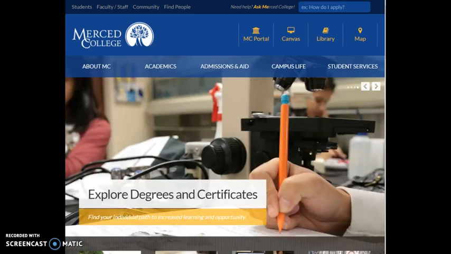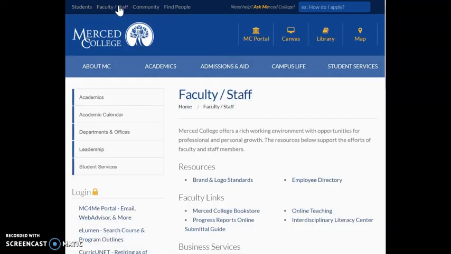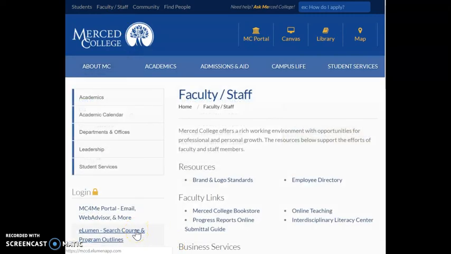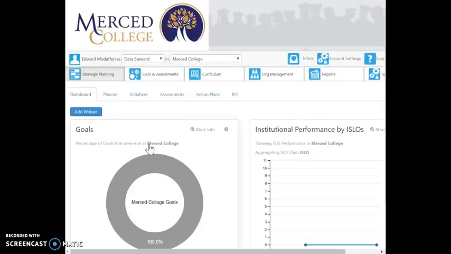So our first step is to access the eLumen website. You can go to the Merced College website and click on the faculty and staff link at the top there. Then if we scroll down, we can see there is a link for eLumen, and you can search your course and program outlines and also get access to the website. So we click on that and log in using our normal password for logging into Merced College for your email, and you will get access to a whole variety of different things on the